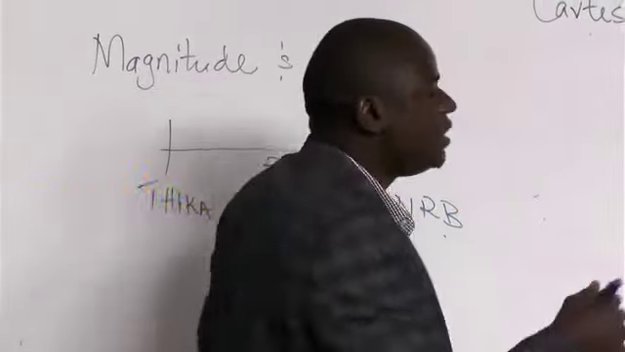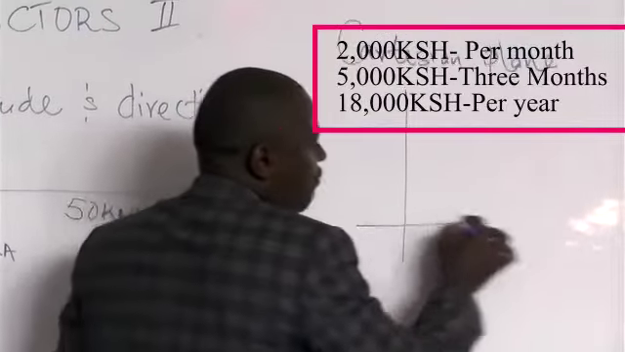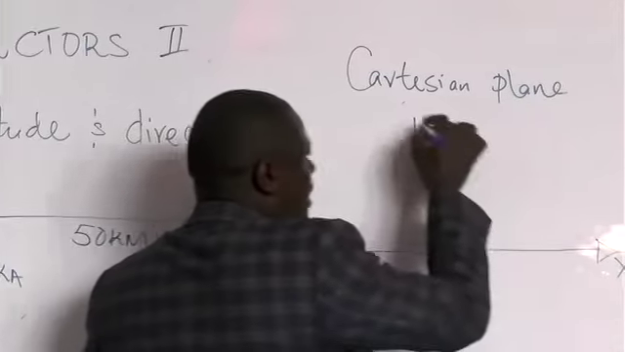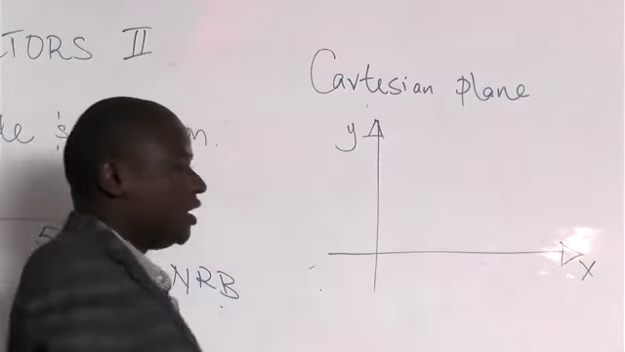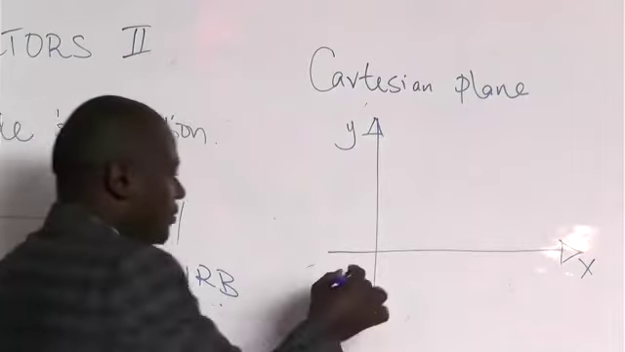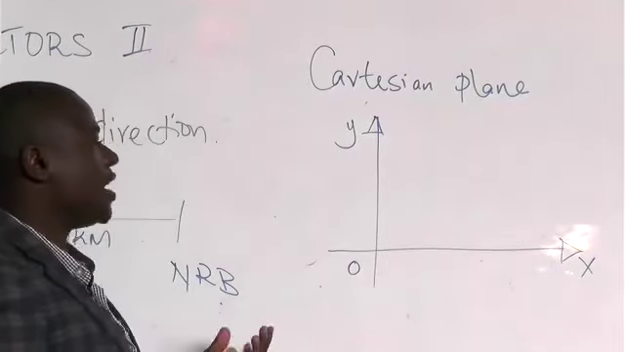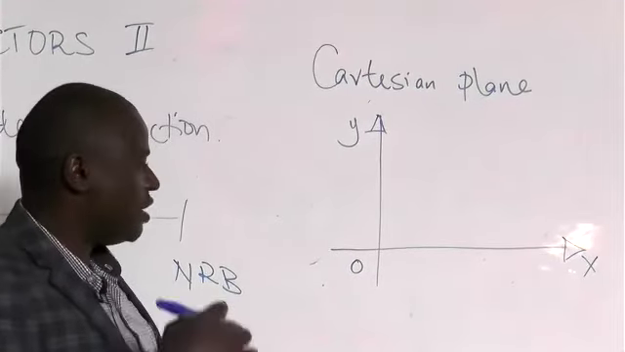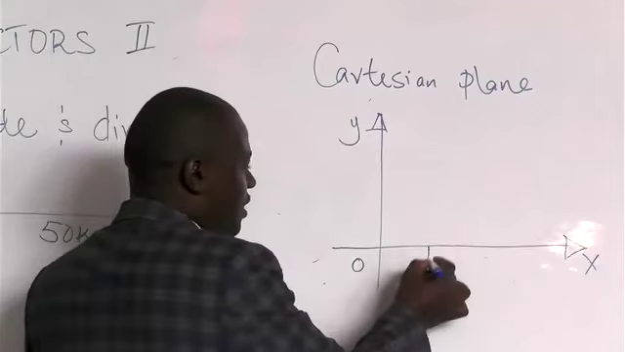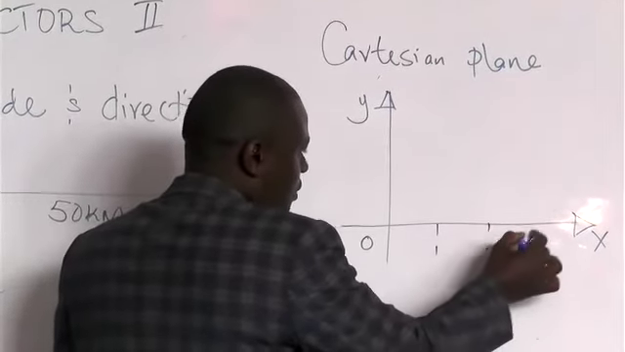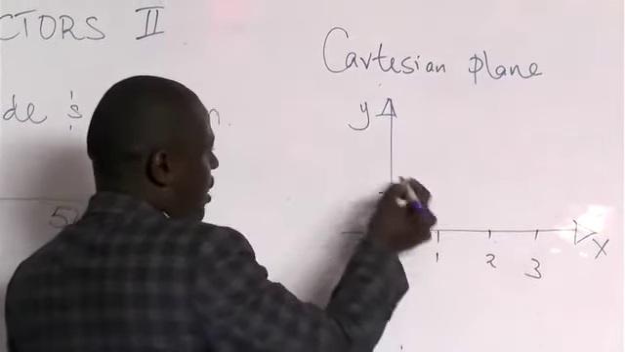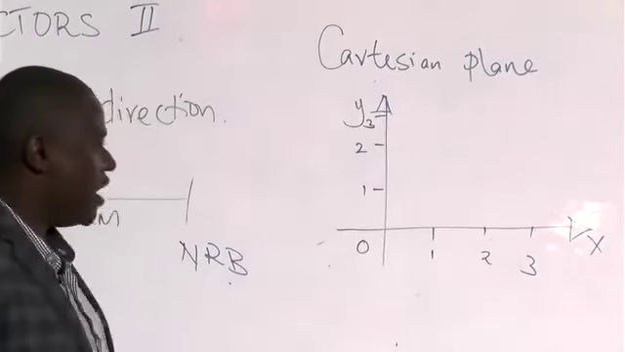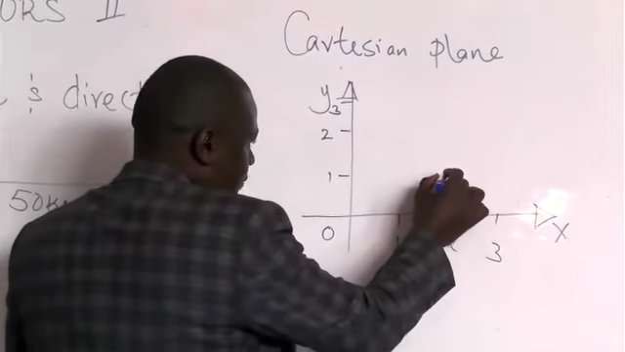The Cartesian plane is simply the intersection of the two axes. This is the x-axis and the y-axis. So we can indicate a point in our Cartesian plane and use vectors to describe that point. For instance, if our scale was 1, 2, 3, and on the y, we have the same 1, 2, and 3, we could have a point P here,